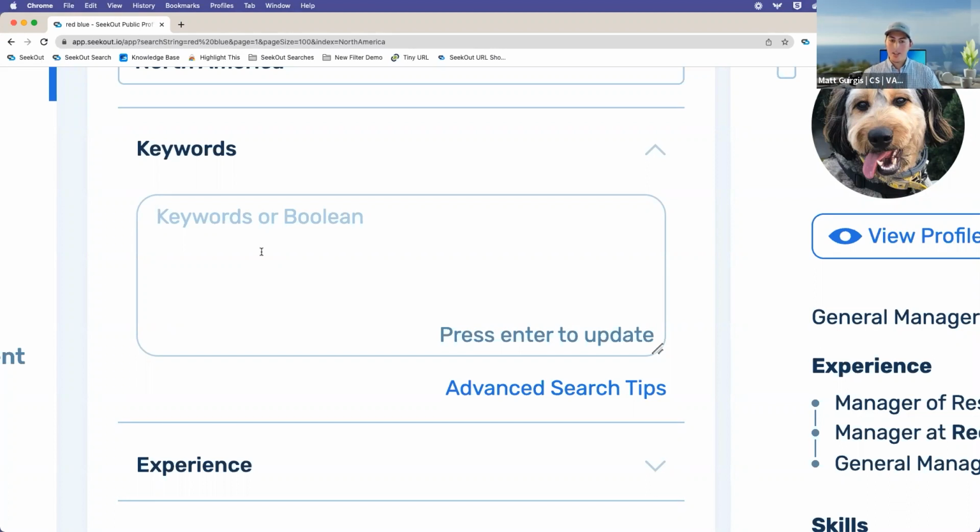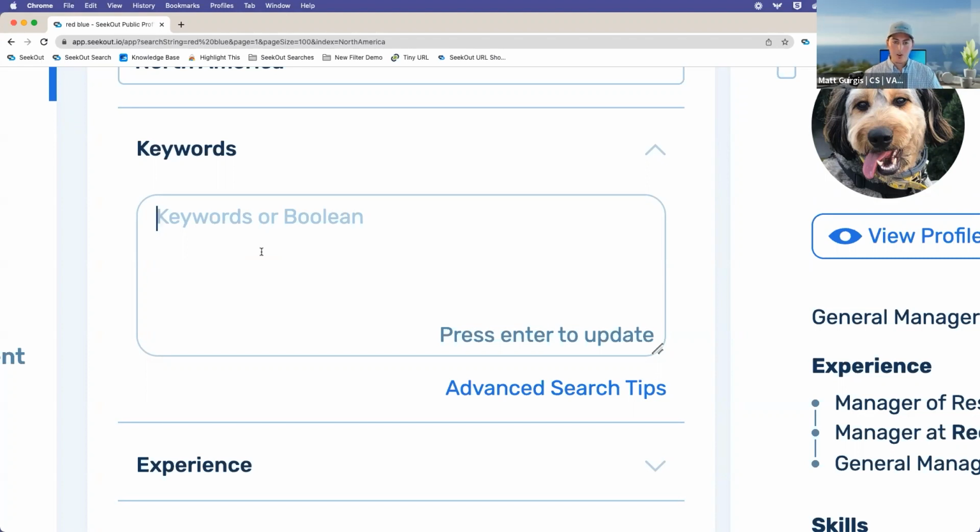Now, you have to think about, okay, well, if someone has experience with cloud, what are they writing on their profile? Not everyone uses the term cloud, right? Some people might name the cloud system they have experience with. Microsoft Azure, that's Microsoft's cloud, or AWS, that's Amazon's cloud, right? So you might have to figure out, okay, well, let me use an or statement because I want to find profiles that mention cloud or AWS or Azure, right? As long as they have one,